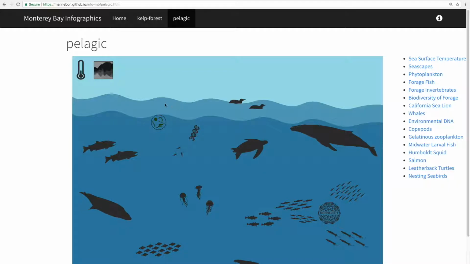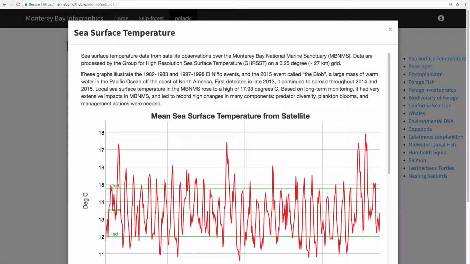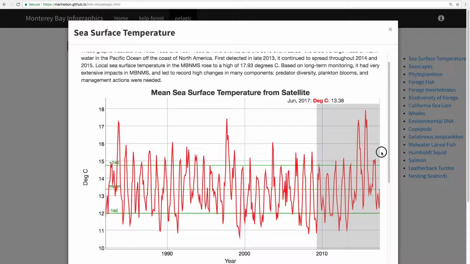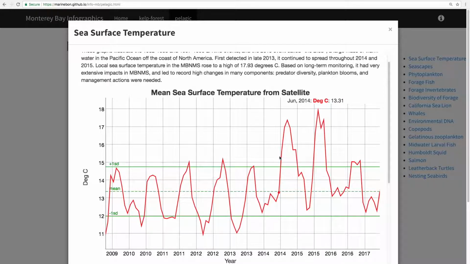For the infographic, you can associate various elements of a habitat with time series data by clicking on a silhouette. For instance, by clicking on the temperature icon, you'll see a time series of sea surface temperature measured by satellite for the Monterey Bay National Marine Sanctuary. We can zoom into events such as the so-called warm blob, or marine heat wave, starting in 2014, to see